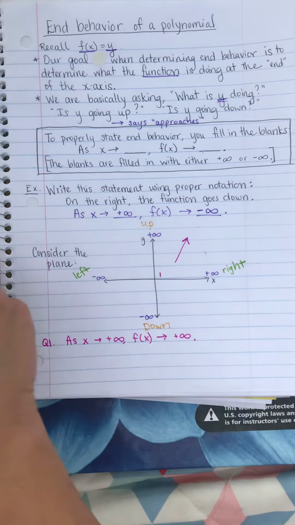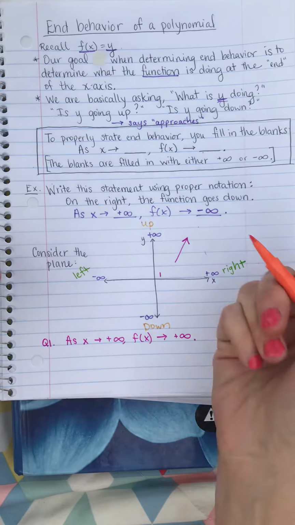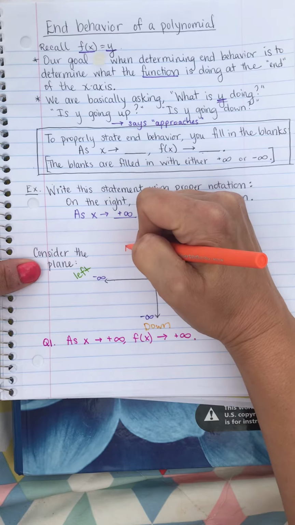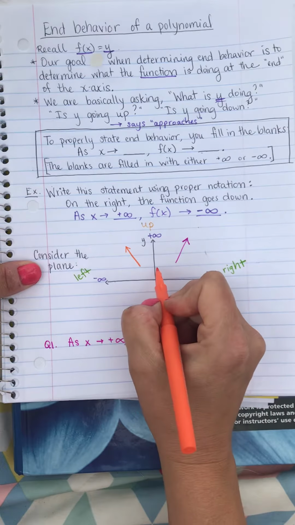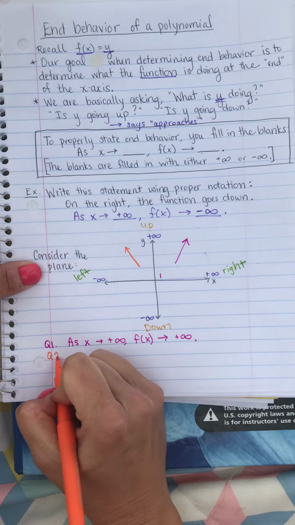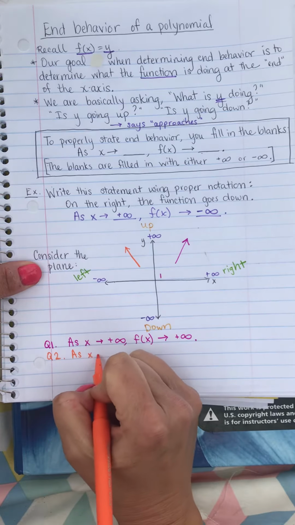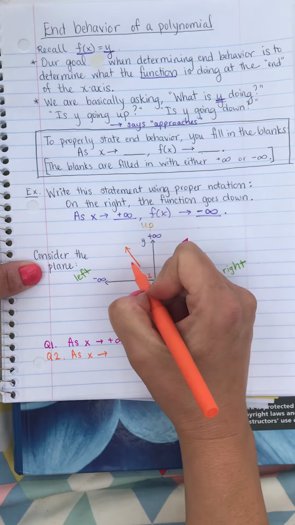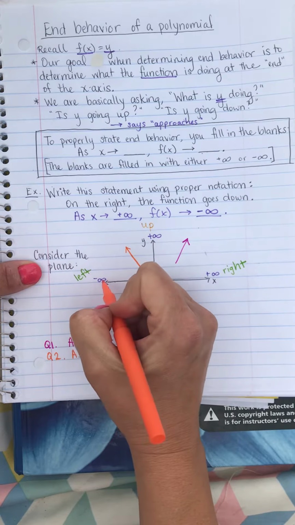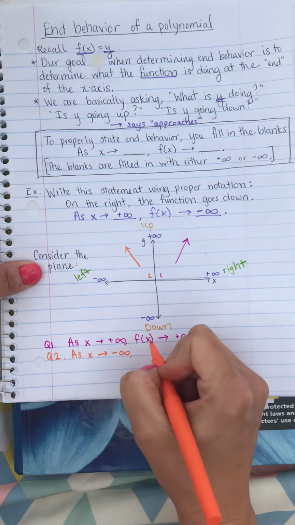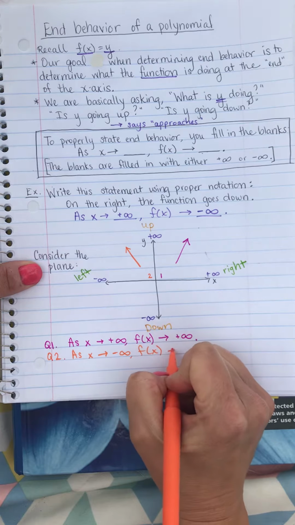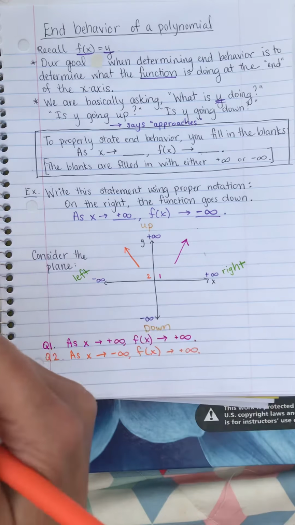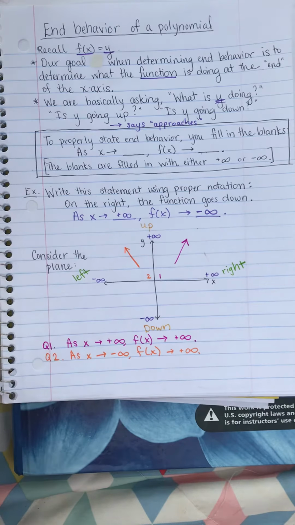So now let's go to quadrant 2. Well, now, as x approaches, this is quadrant 2, as x approaches, where's x going? Over to negative infinity to the left. What's your function doing? Going up to positive infinity. Then we go down to